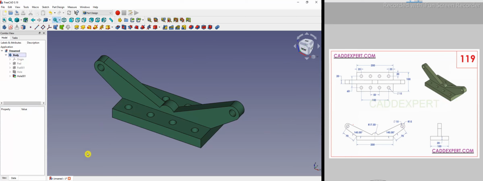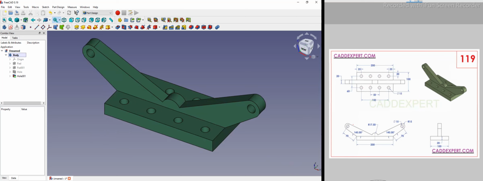drawing 119. I will provide this drawing link in the description, so follow the drawing and follow my video